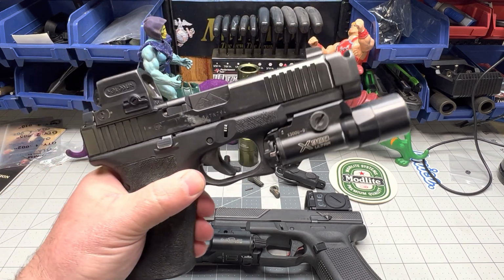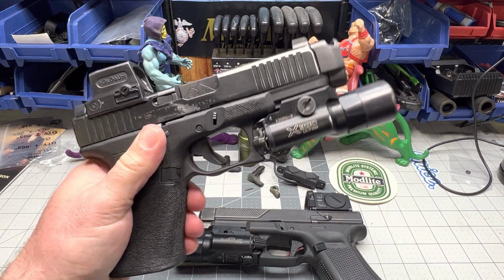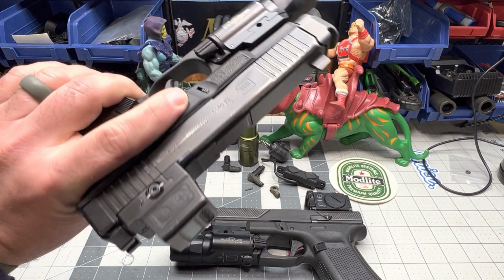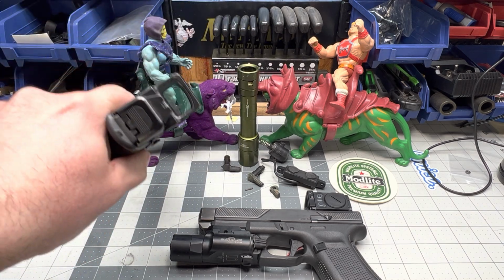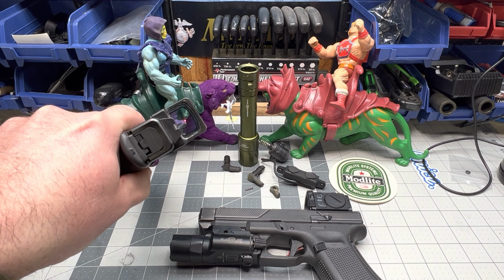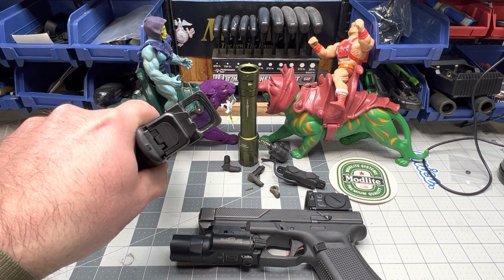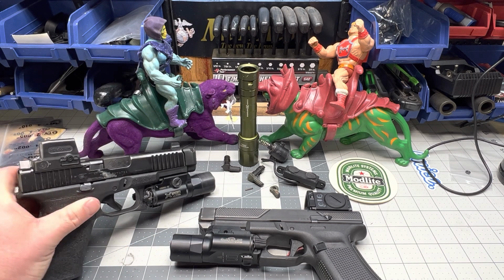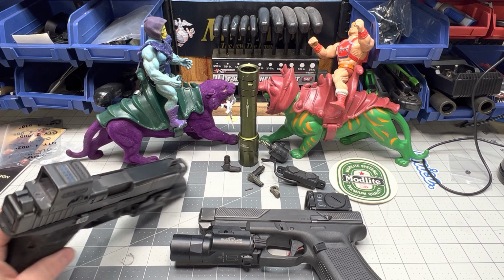It might be this one. This battery's like 2 years old, and it's still going strong. Granted, it's not my carry gun. I don't carry it all the time, but it just sits in my safe, and when I need it, the dot is always there. It's pretty awesome. I can't believe I can see that on my phone. That is super cool. Anyway, ran the Holosun for quite a while, and a buddy of mine at work,